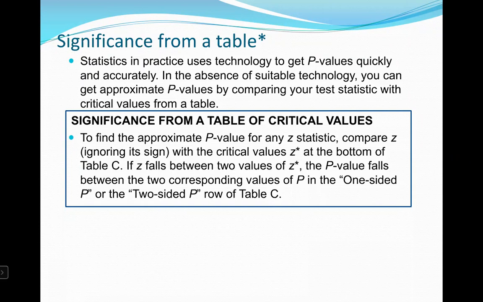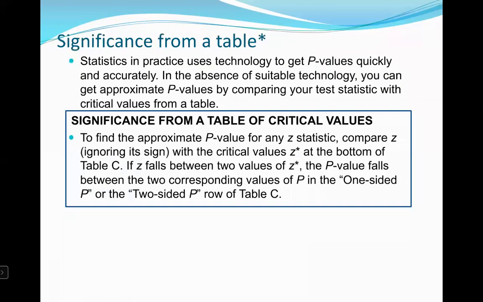Significance from a table of critical values. To find the approximate p-value for any z statistic, compare z, ignoring its sign, that's the absolute value, with the critical value z star at the bottom of table C, which we used in chapter 15. If z falls between two values of z star, the p-value falls between the two corresponding values of p in the one-sided p or the two-sided p row of